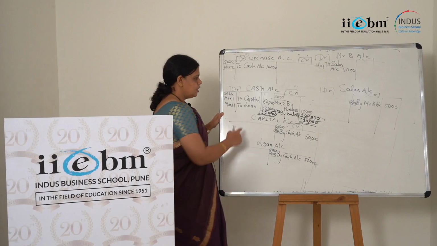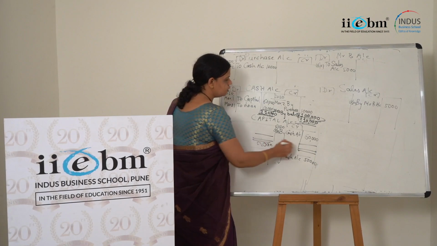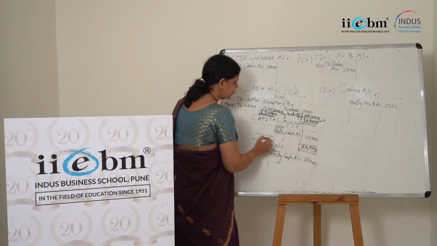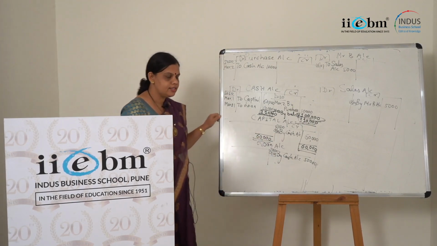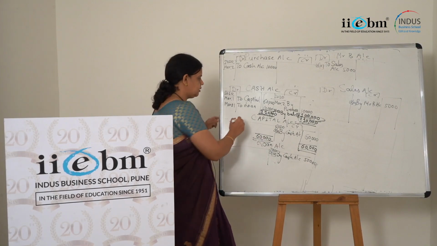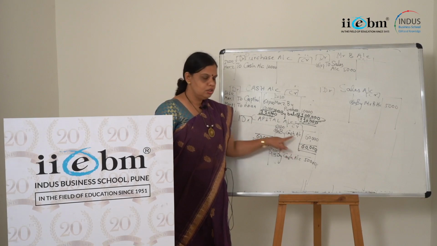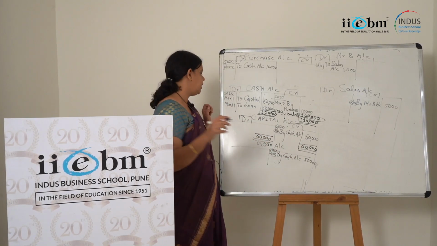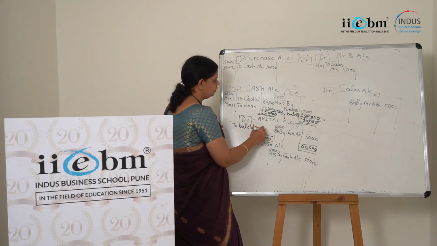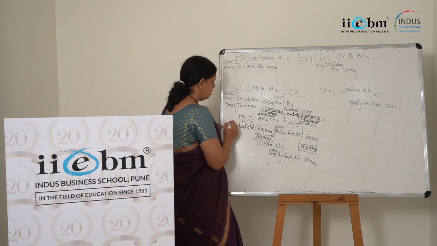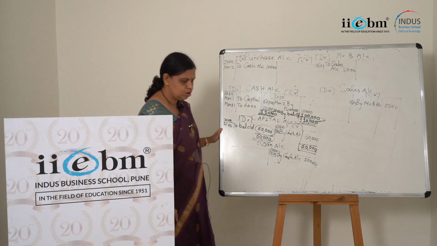And what is the amount? 1 lakh. Now if I refer to capital account, there is nothing on the debit side, so I'll write down this 60,000 as it is on the opposite side, right? If I make the total of two sides, debit and credit, then what I do understand is credit side total is more, which I am writing down as it is on the debit side, and here I'll write down to balance carried down, that is 60,000, right? On which date I am showing this transaction? On 31st of March.